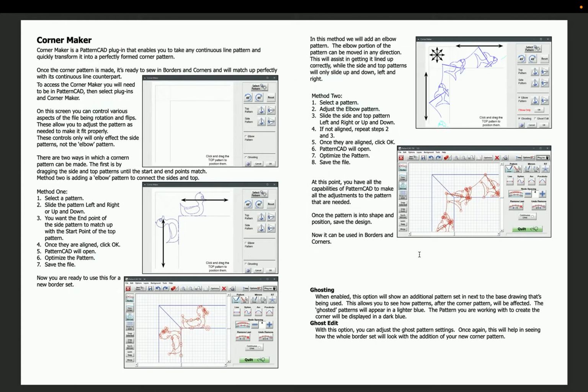Melanie has asked me to talk about Corner Maker. This is a lovely facility where you can take any continuous line pattern and turn it into a corner to be used in borders and later on. Now, as the documentation here explains,